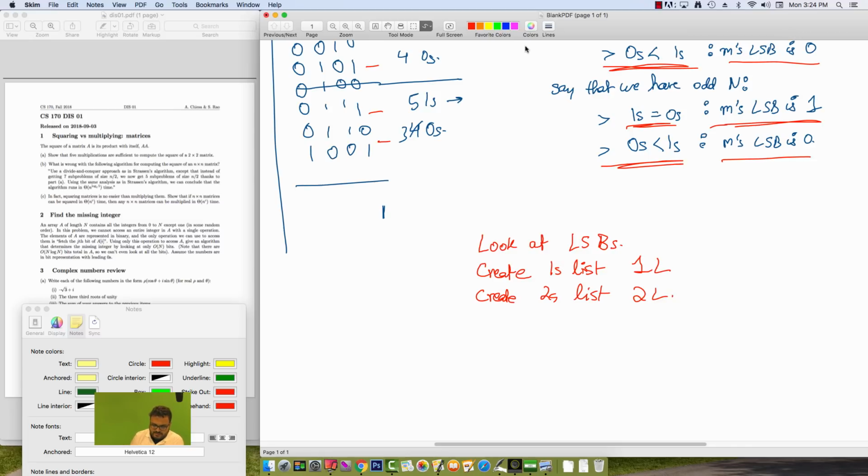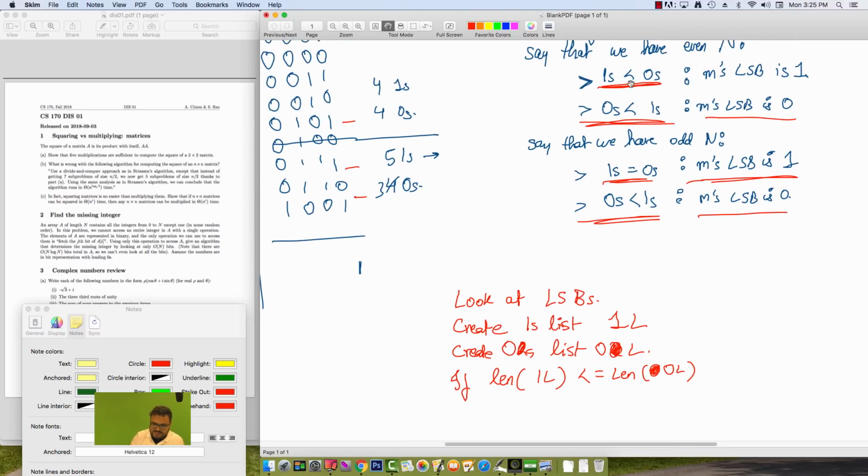All right. If the length of 1L is what? Is less than or equal to the length of, sorry, not 2's list, my bad. There should be 0's list. There is no 2's list. Again, let's scroll up. If the length of 1's list is less than or equal to the length of the 0's list, then